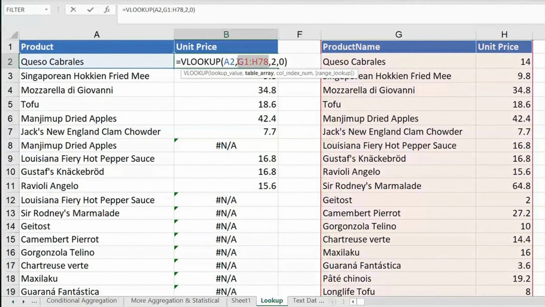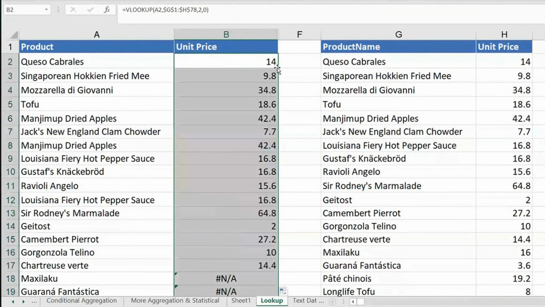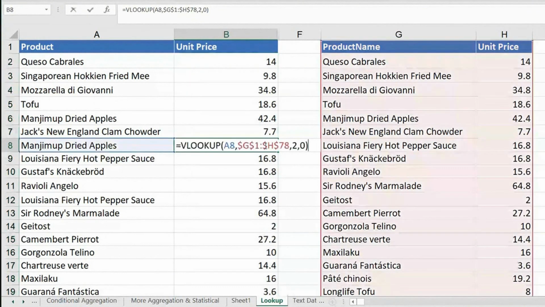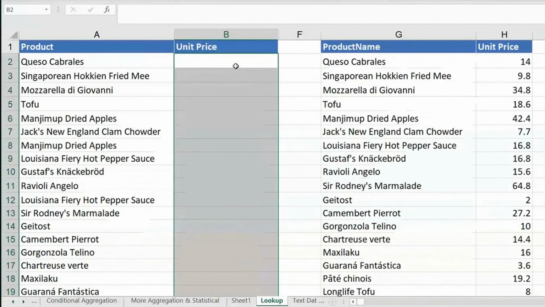So that is the reason you have to make this absolute, freeze or lock, whatever terms you use. It is the same. You have to pick the entire range G1 to H78 and press F4, to make it absolute. You could have done that when you selected the range itself, but this is foolproof. Look at this. It works wonderfully. So my dried apples came as product 442 because it is looking at the same range. Now I'll just rerun this the correct way.